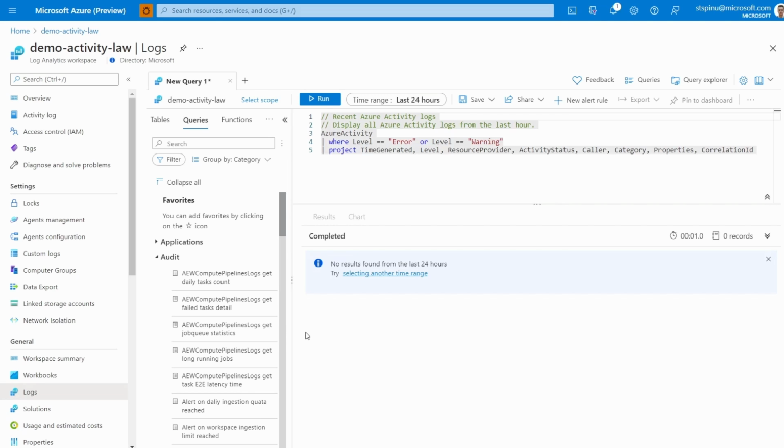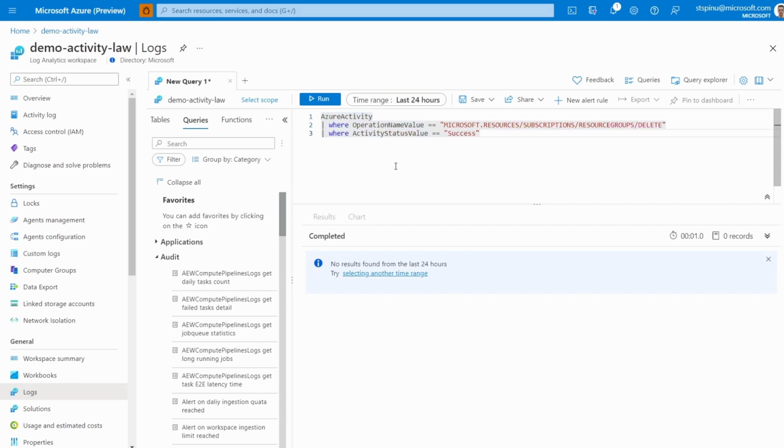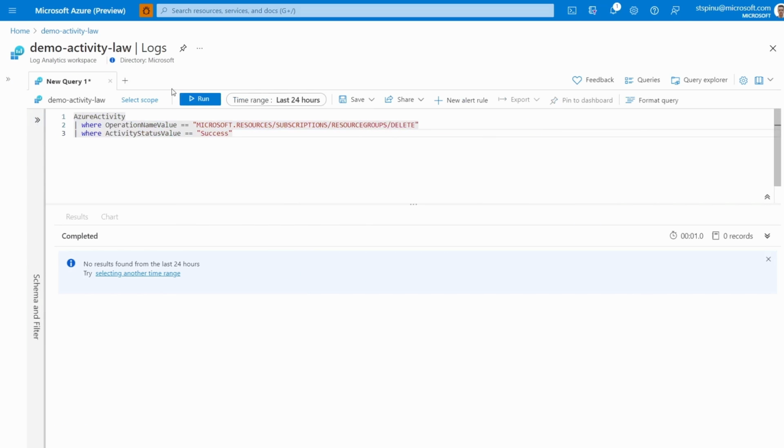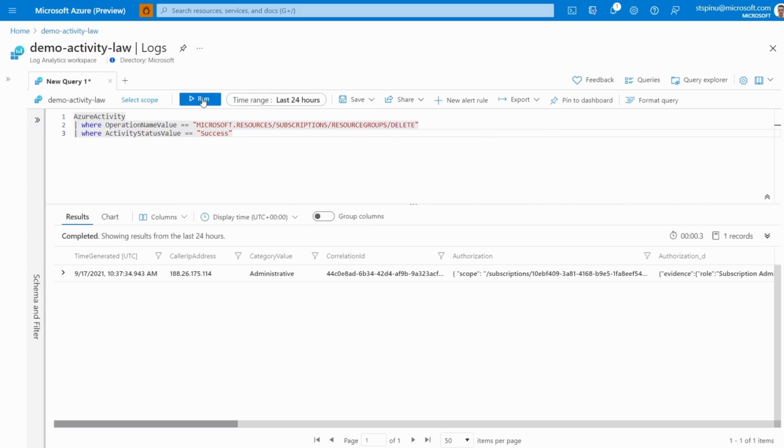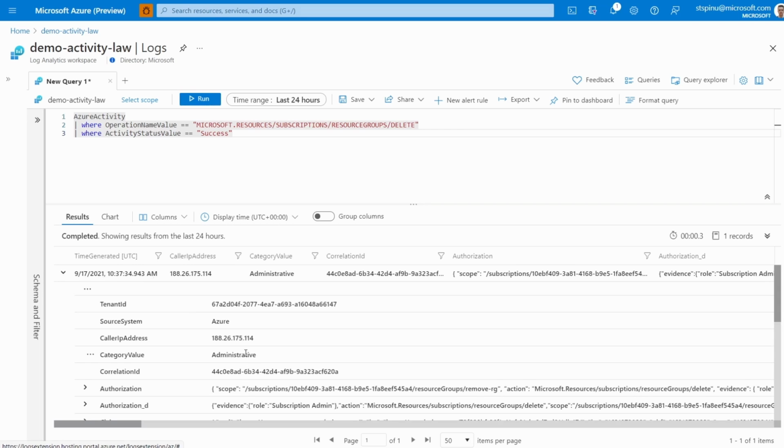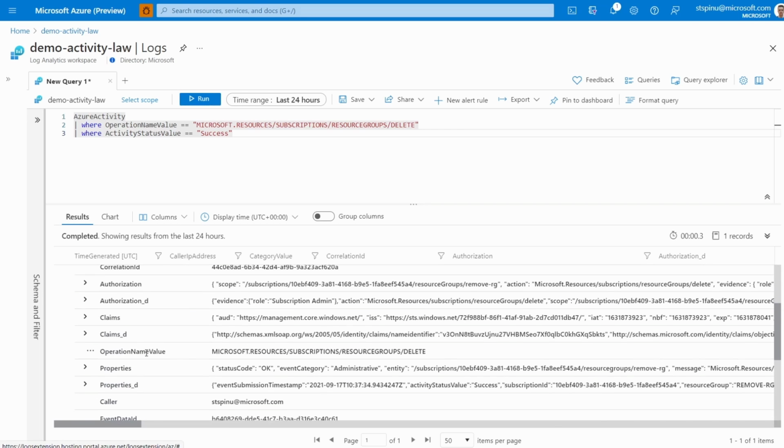What I can look for is the event that I'm interested in, which is the removal of my resource group. I can put in this query, make a bit more room, and then run it. And I immediately get details about the operation that I just performed. I can see the time, the IP of the caller, the operation name value,